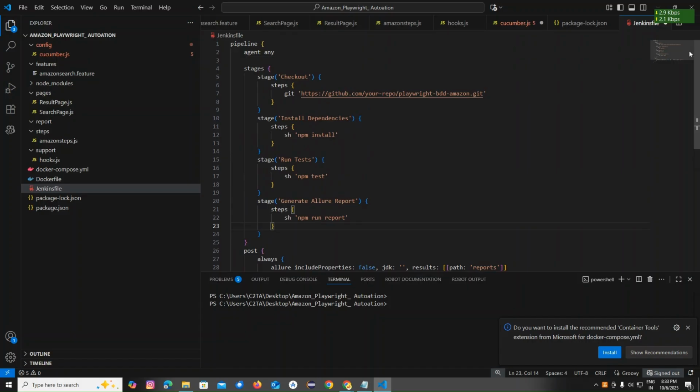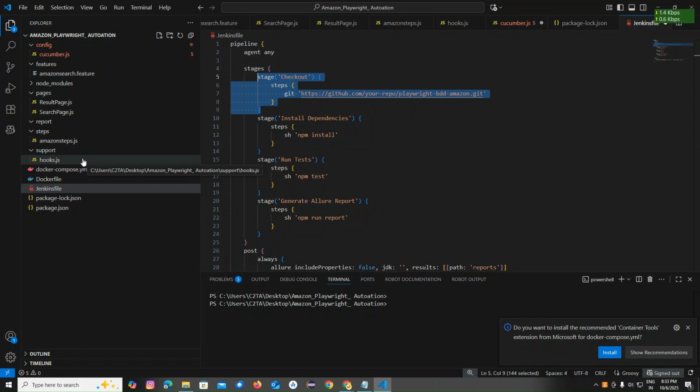So we are going to invoke it with the help of the Jenkins file, which is added in the framework. I've added a Jenkins file, and I'm just adding the Groovy script here. In the pipeline, I have different stages. One is the checkout stage, where we are going to push the code, the entire framework. We'll see how to do it later. We are going to push the code to GitHub in my repository, and then the Jenkins file is going to